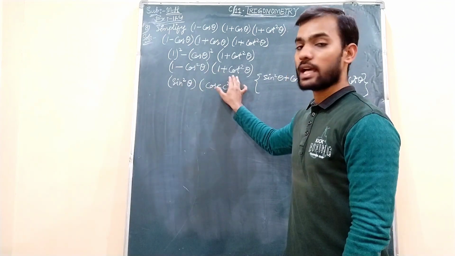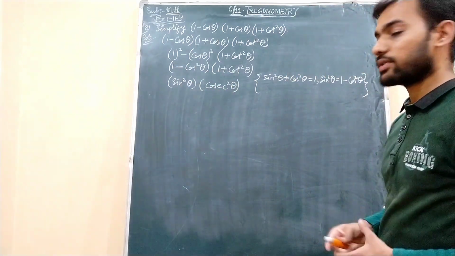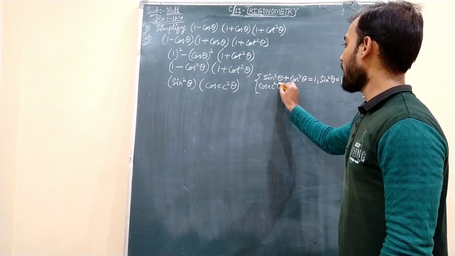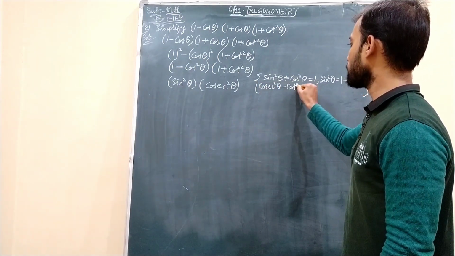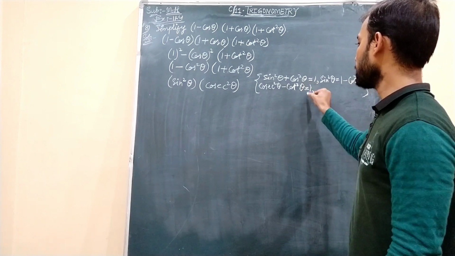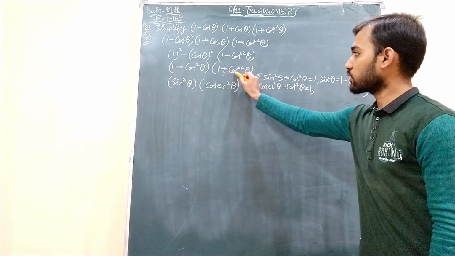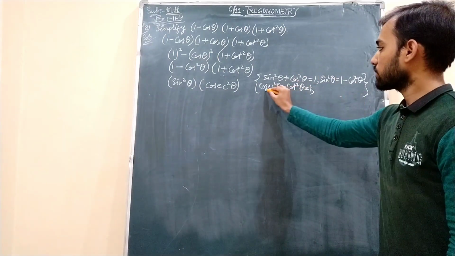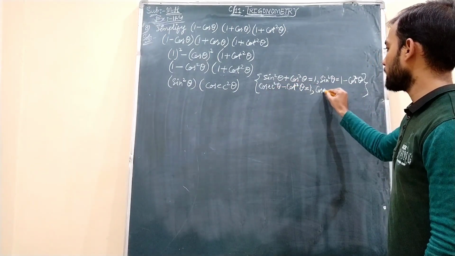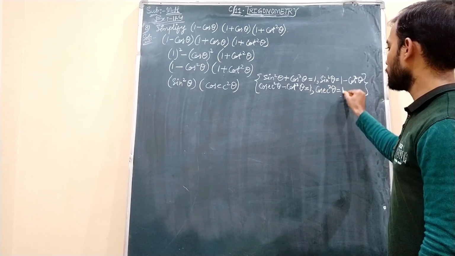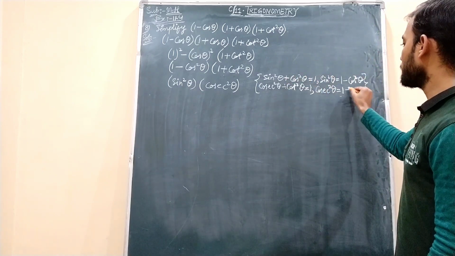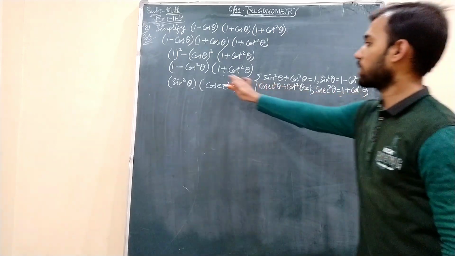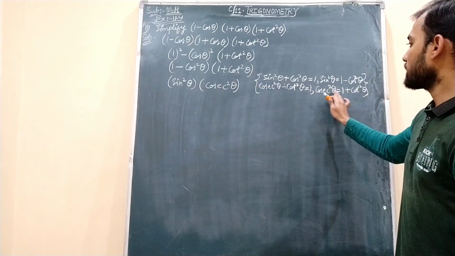And similarly this value we have gained from identity number 3, that is cosecant square theta minus cot square theta equals 1. Okay. I want the value of 1 plus cot square theta, right? So 1 is there on the right hand side, this also I transpose over here. So remains this on the left hand side, cosecant square theta equals 1. After transposing this side we will get plus cot square theta. Okay. So that is the reason in place of 1 plus cot square theta I wrote cosecant square theta.